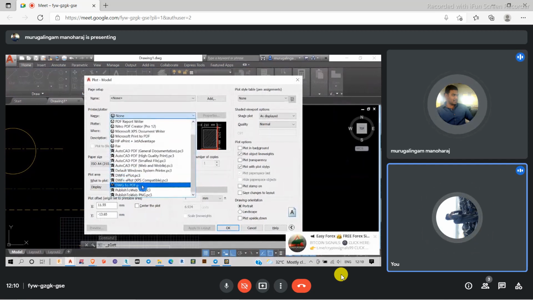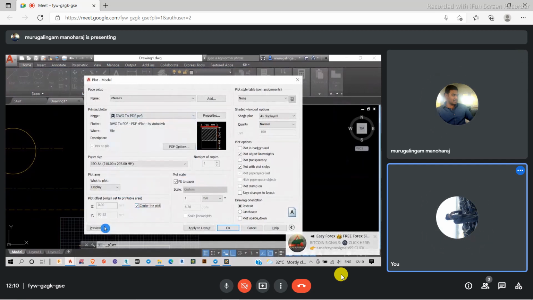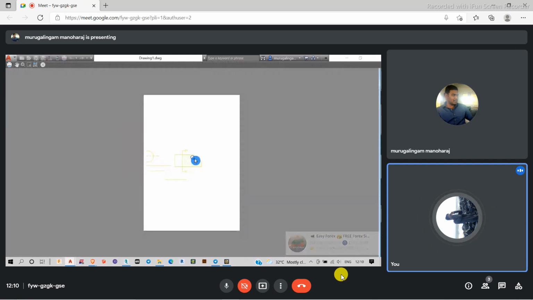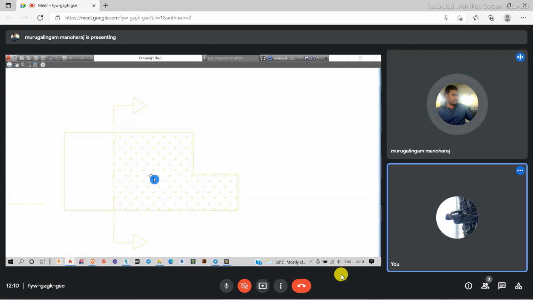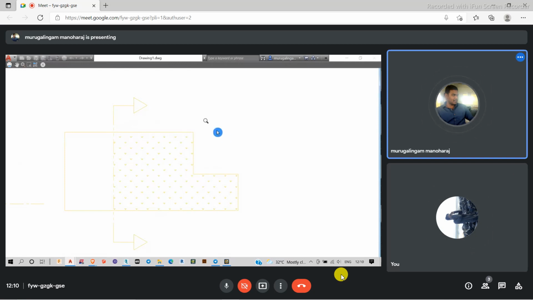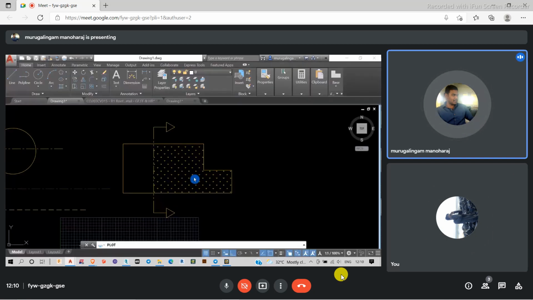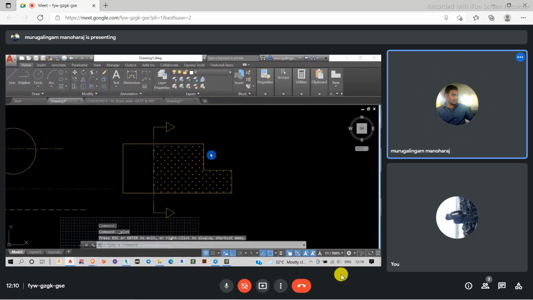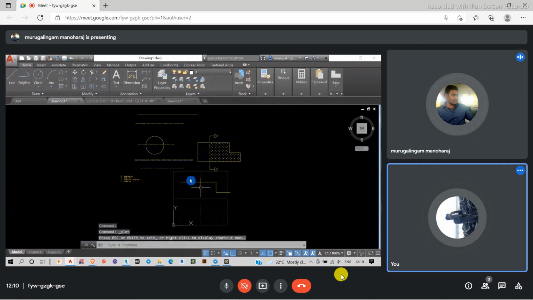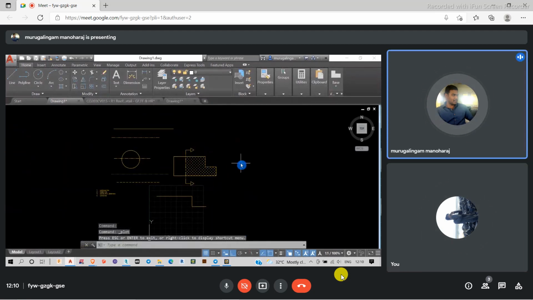Equal to PDF. Now I don't see any kind of hatches here. Yes, sir. I mean, any kind of line widths here. So these line widths are okay for lines, but when applied to hatches, it looks very nasty. So we should know how the line widths are working here. So we know how to control the line width, and this is the option to control the line width for me.